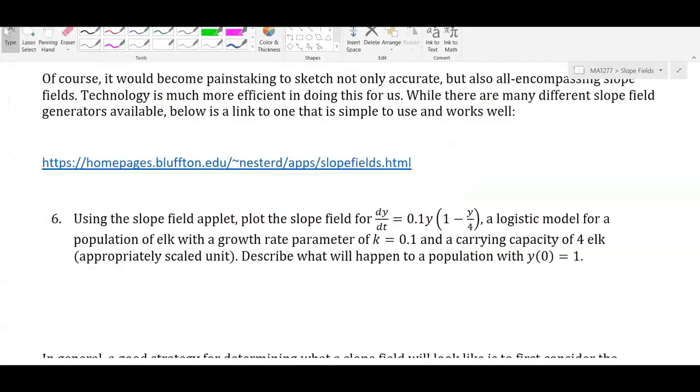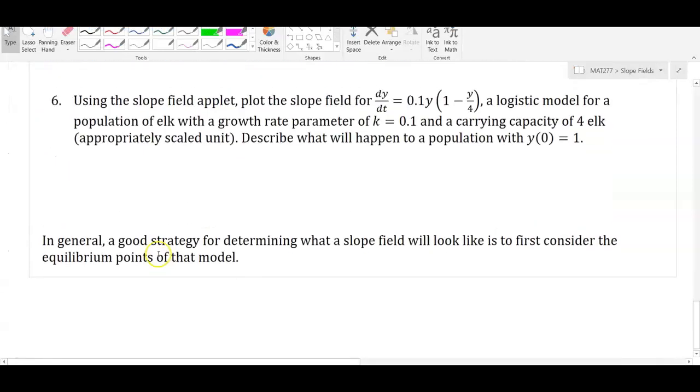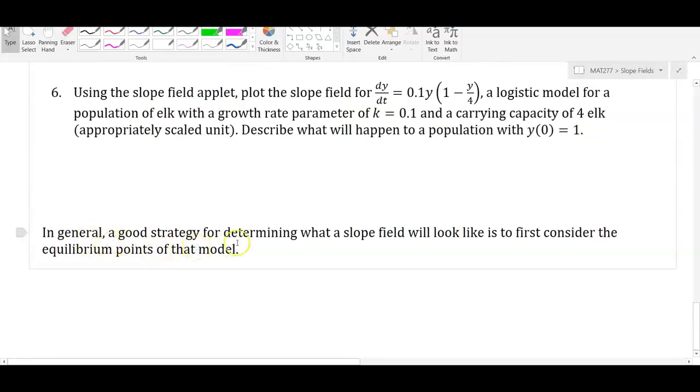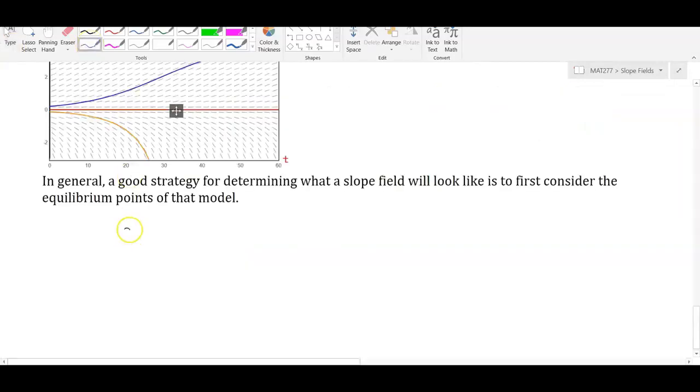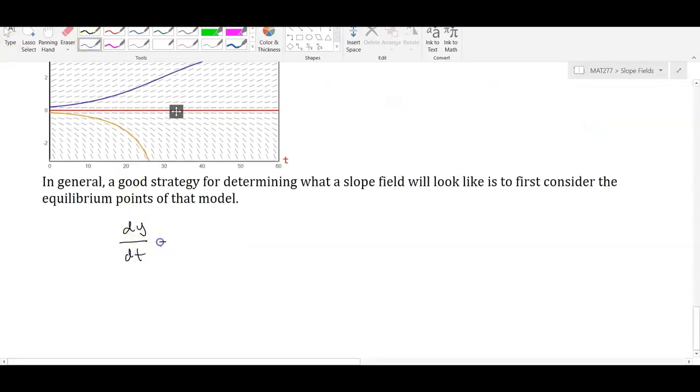table as we go. One last key point here is that in general, a good strategy for determining what a slope field will look like is to first consider the equilibrium points of that model. So, for instance, given a differential equation such as dy/dt equals, we'll just say something like 3 minus y. Well, if I first look at what the equilibrium points of this are, and I set this equal to 0, and I find out that y equals 3 is an equilibrium point, what that already enables me to do in